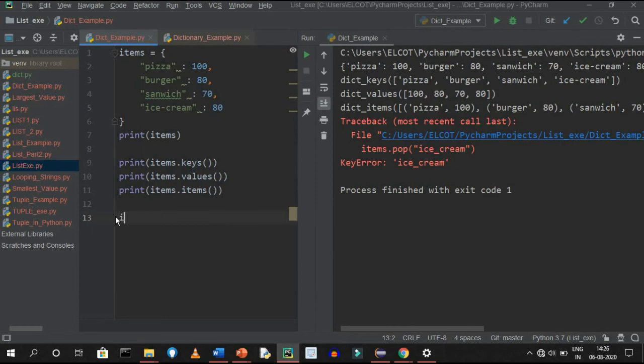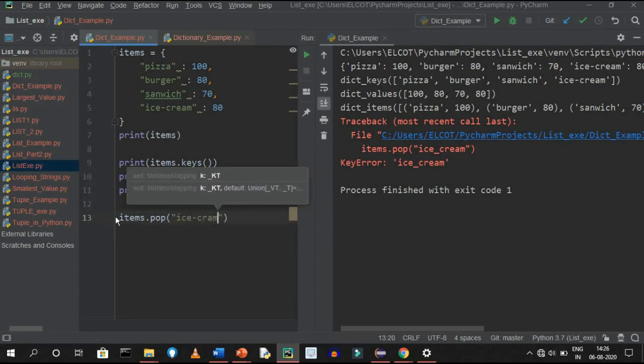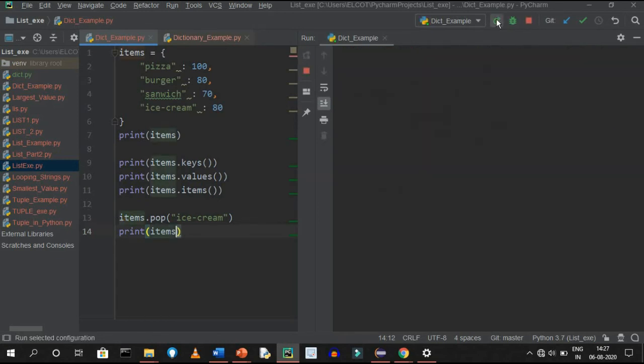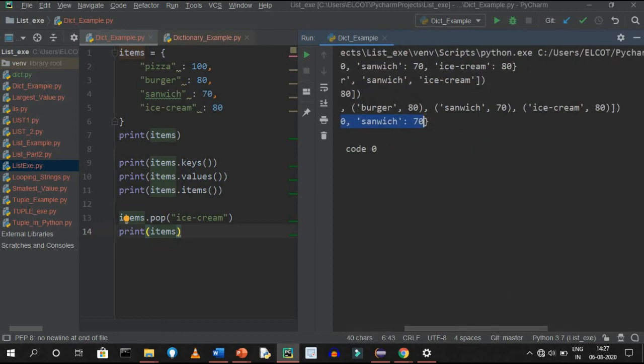Okay, so next I'm going to tell you about pop. So I'm going to use items.pop. So here inside the pop you have to pass the parameter. Now I'm going to pass ice cream. Because I don't want this ice cream inside this dictionary, that is why I have passed ice cream. Next I'm going to just print that items. Let's see what will happen. It will return a dictionary without the ice cream key value pair. See, pizza, burger and sandwich only are there inside the dictionary,